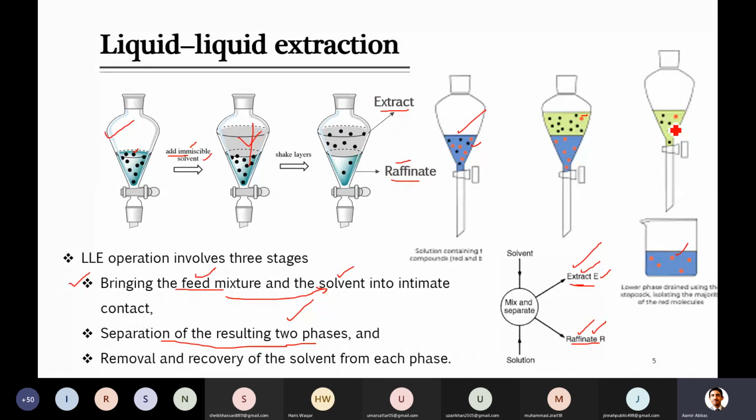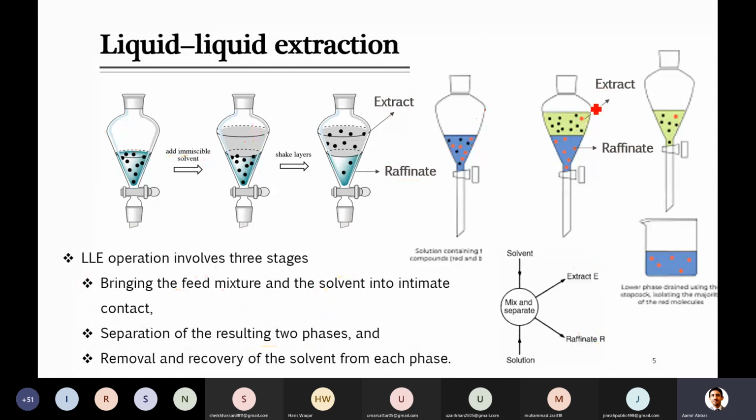This is similar to what you saw in absorption. In absorption, you brought some liquid in contact with your gaseous feed, later that was separated, the liquid was recovered inside the stripper, and you brought it back to the column. So that is recovery of the solvent. The same will take place in this technique also. Here again, the solvent stream is majorly solvent containing some parts extracted from the feed, and the remainder is the raffinate.